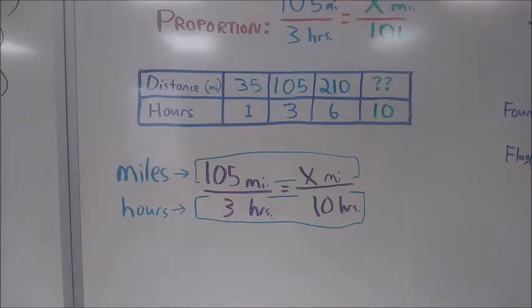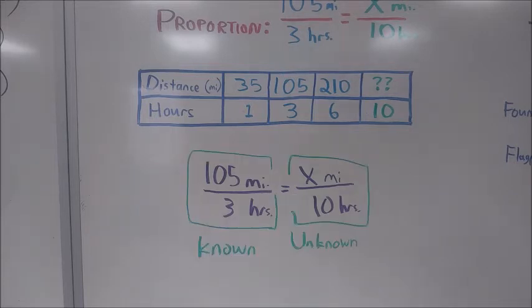One thing you have to be sure of, though, is that across your proportion, you have to make sure that you're actually measuring the same things on the top and on the bottom. In this case, miles all across the top and hours all across the bottom. Likewise, you have to make sure that each ratio is consistent. For instance, on the left side of this proportion, we have our known quantities, how many miles we know we can travel in a known amount of time. On the right side, we have the variable that we're trying to solve, X number of miles for traveling 10